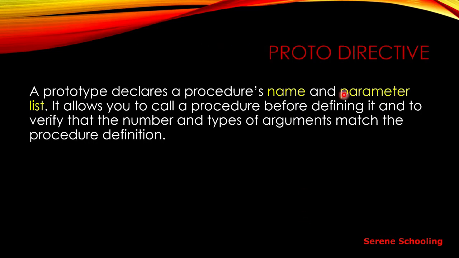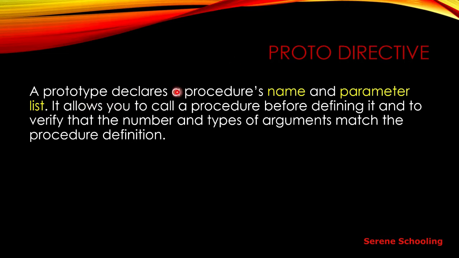Next important thing you have to know is the prototype directive. We are familiar with prototypes already from other languages, that it is just a sort of declaration, right? Like in C, it's not always necessary to use the prototype, but if we are calling some user defined function in main before actually defining that function above the main, we are definitely going to get an error. So in order to avoid that error, we declare that function before the main function, and after main we define that function, right? A similar concept is adopted by assembly as well. This is nothing new at all, okay?